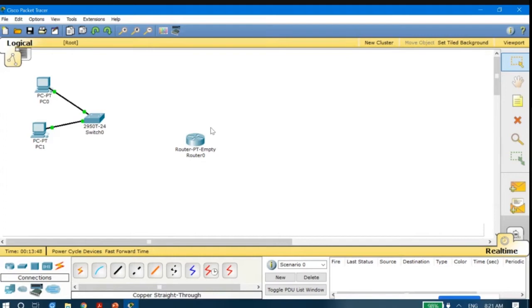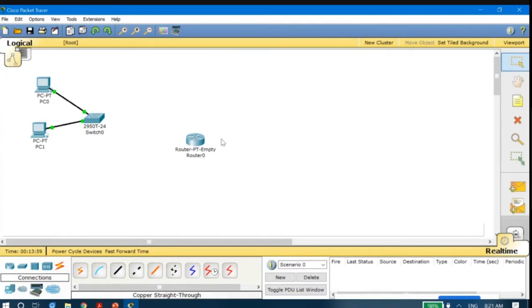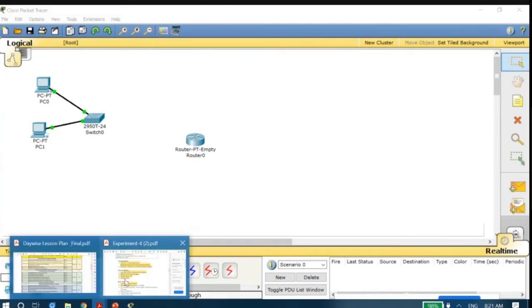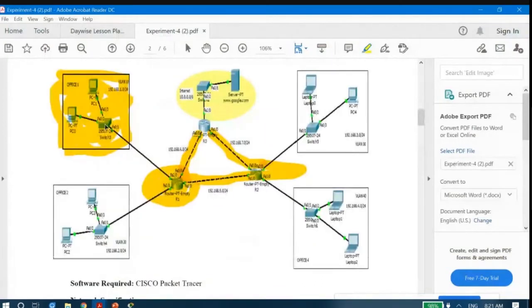However, before adding those Ethernet ports, or Ethernet cards basically, I have to know how many such cards are required. If we go back to the diagram, you could see that this particular switch has been connected to this router R1, and there are 4 different connections to this router.